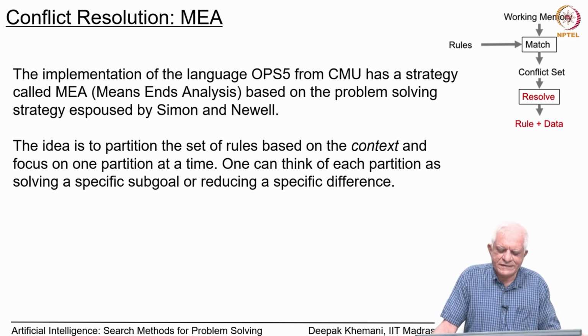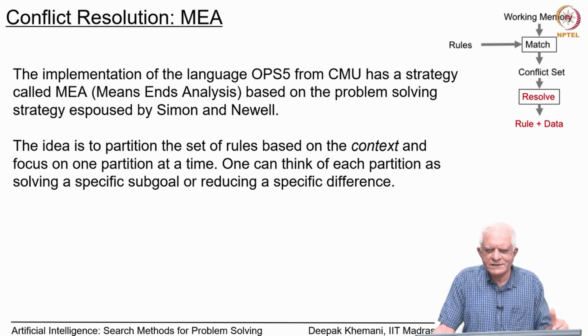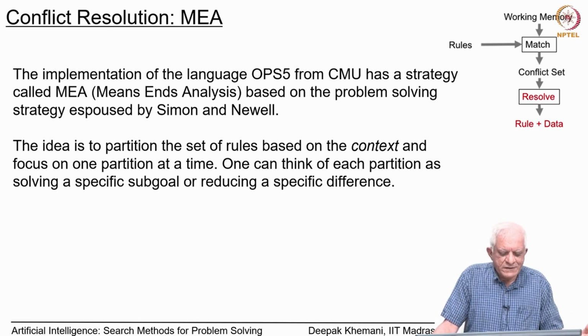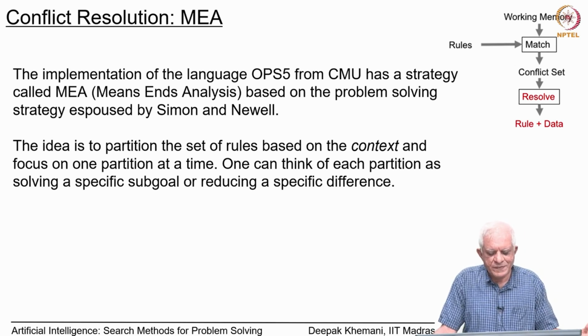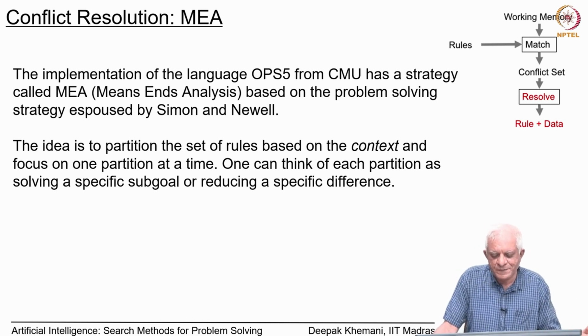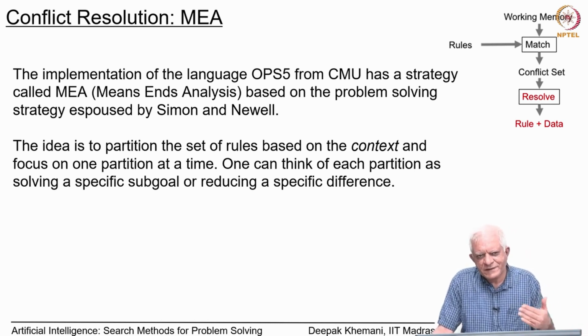What the means-ends analysis strategy says is that you partition the set of rules on the context and focus on one partition at a time. One can think of each partition as solving a specific sub goal or reducing a specific difference. But remember, we are doing this in forward chaining, forward reasoning fashion, not in backward reasoning fashion that we talked about earlier. But you can implement that aspect by